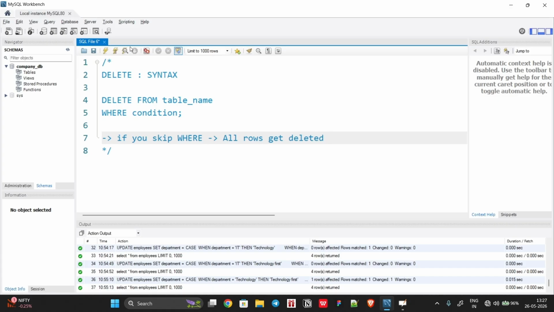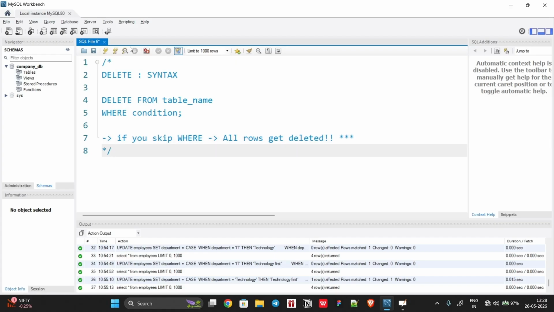So keep this in mind: every time use the where condition. There could be a few cases where you need to delete all the data from a particular table. That is a different scenario, which is very rare in the real world, but then you don't need any where condition. Otherwise there should be a where condition each and every time. Okay,